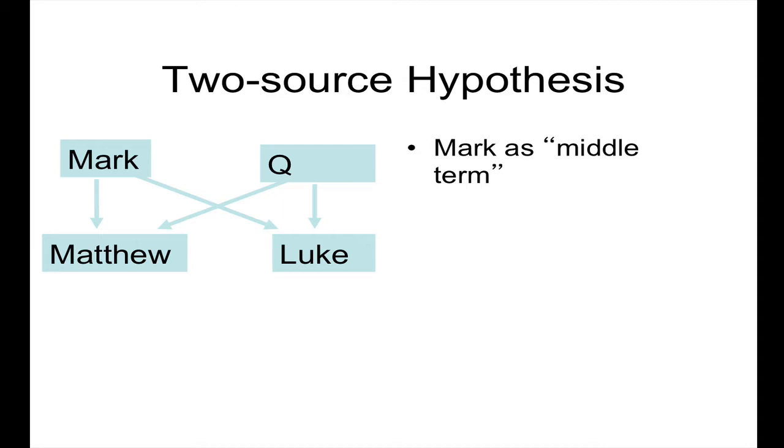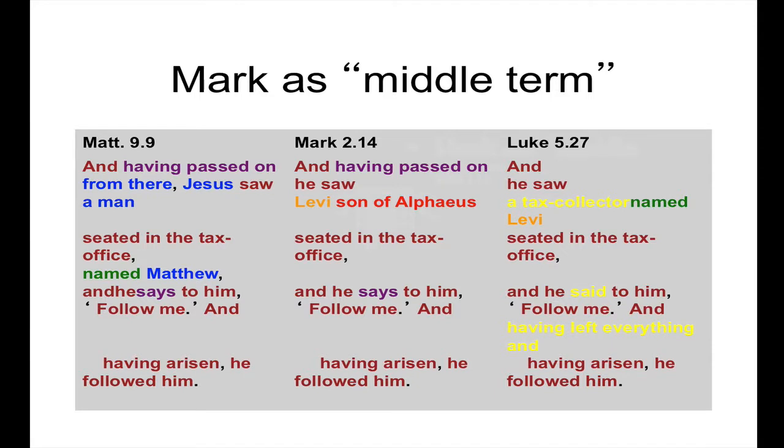It does a good job because this diagram works well for the fact that Mark is what we might call the middle term, which is to say, Matthew and Luke agree with Mark and sometimes agree with each other and agree with Mark, but they don't usually agree with each other against Mark. Let's illustrate that. Mark as the middle term. Here's a story where I've color-coded some of the words. And what you'll see is that in some instances,